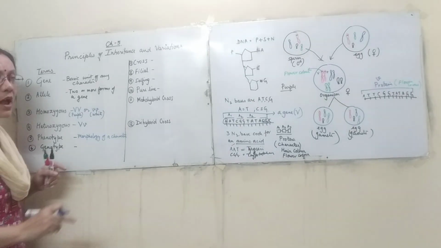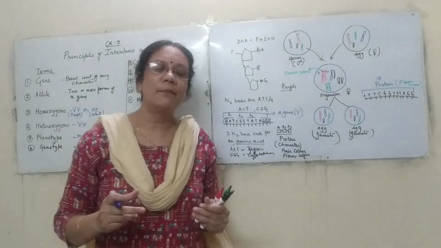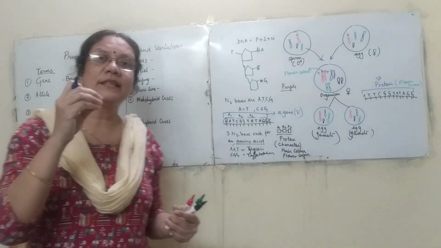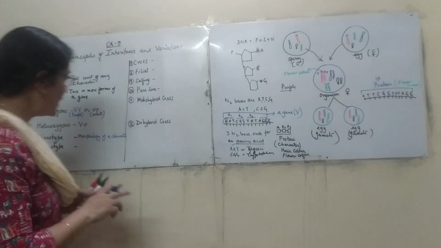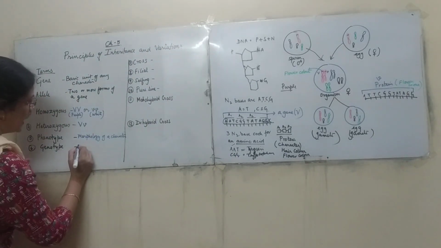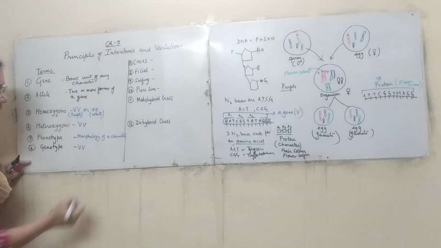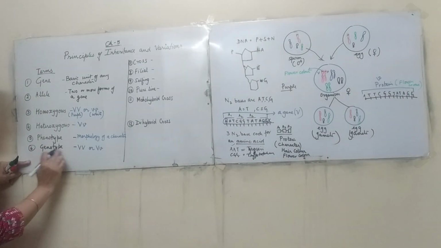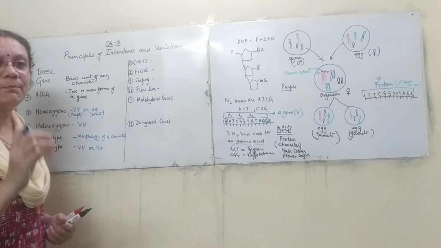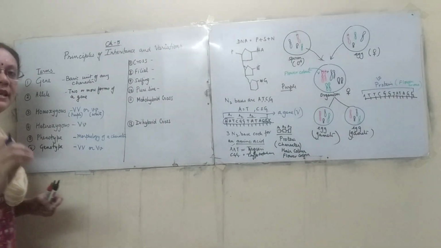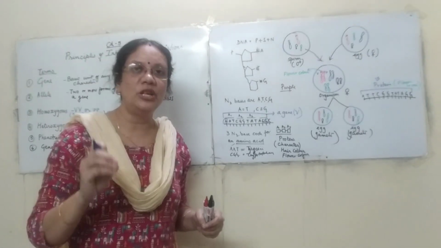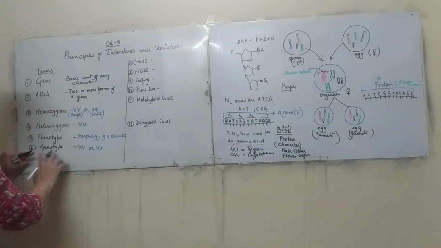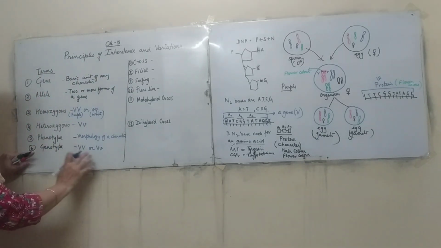What is genotype? Now the morphology, when we are talking about a purple flower or a violet flower, what is the gene present? A violet flower may be homozygous or it may be heterozygous. So this is the genotype. When we are talking about a purple flower, a genotype gives us an idea of the type of genes, whether it is homozygous or heterozygous, and this type is called the genotype.